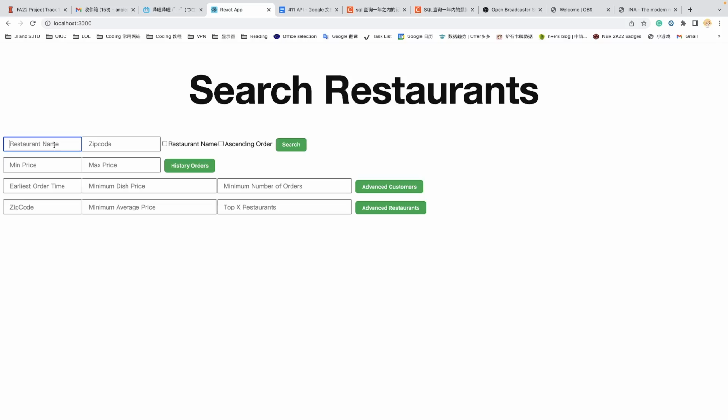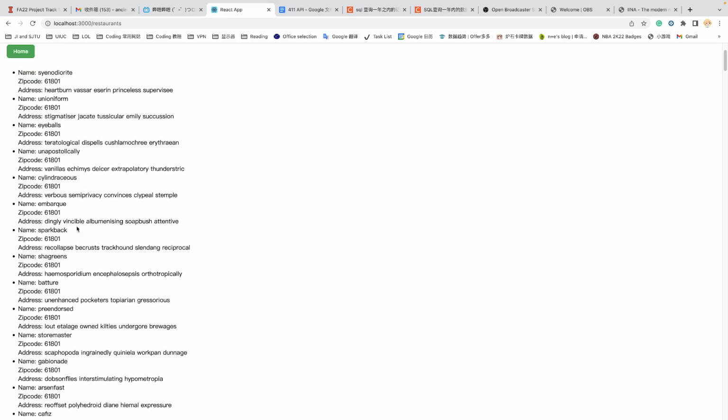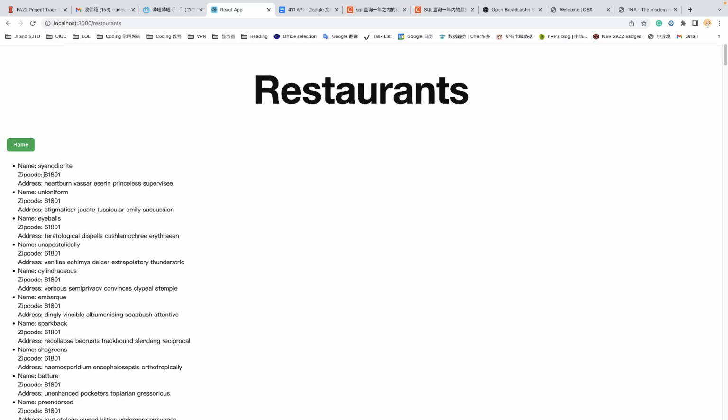At first, for food delivery, you just want to search for a restaurant, right? Here you can search a restaurant by its name or by the zip code, and these two options are used to sort the result. Here I just want to search for a nearby restaurant, so I type the zip code and click search. Now you can see this list shows the restaurants which have the zip code 61801. The restaurant name and address are randomly generated, so it seems a little bit weird, but it